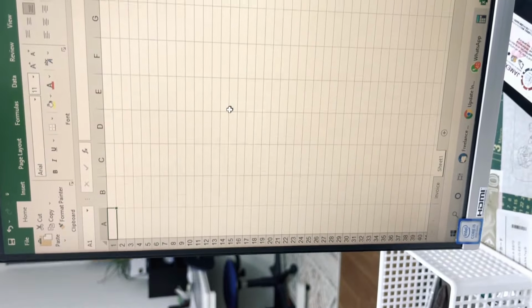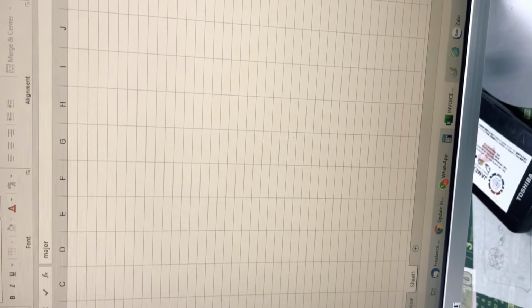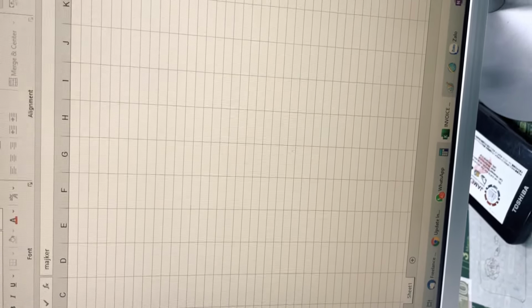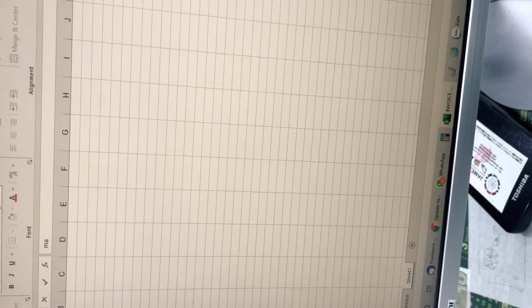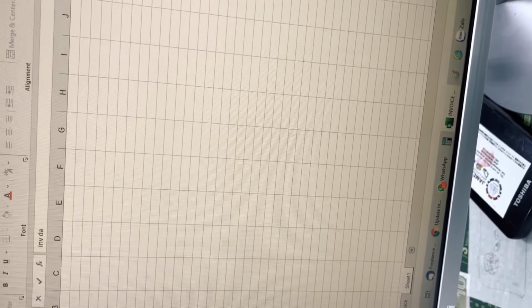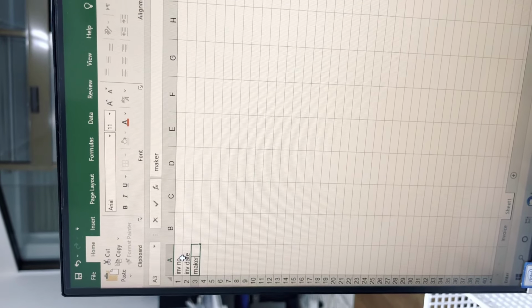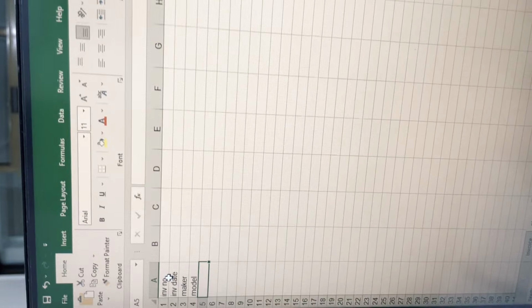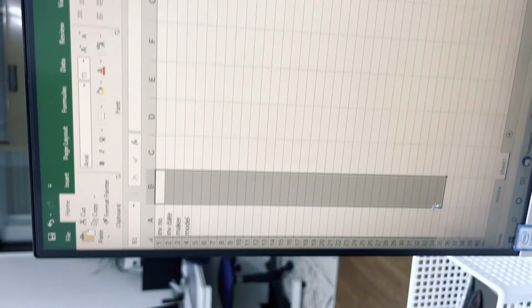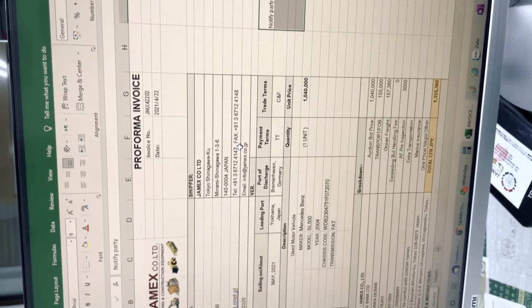It should be like, you know, we enter here maker, invoice number, invoice date, maker, model, and then we write all the information here, and it should appear here. It should be simple, you know, from the website.